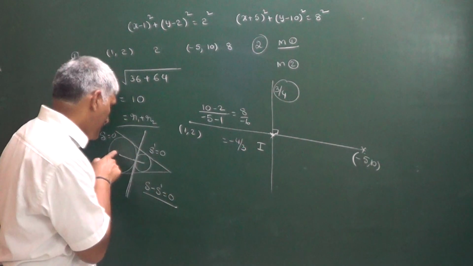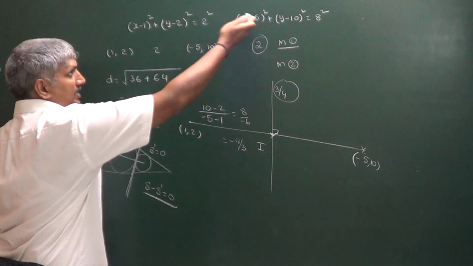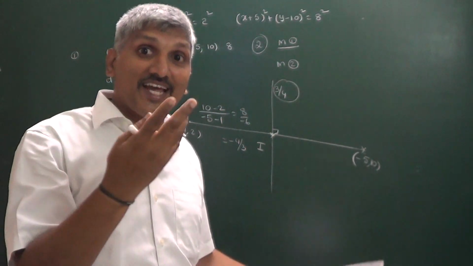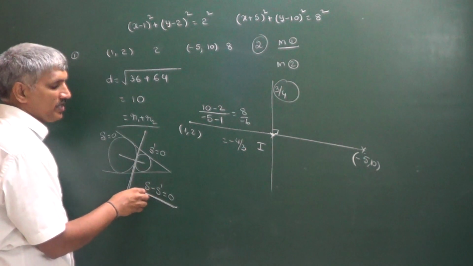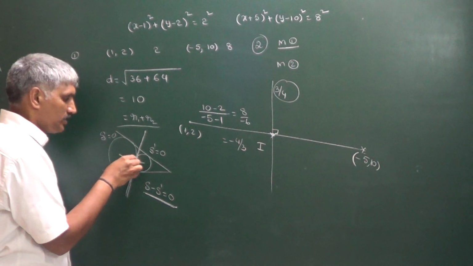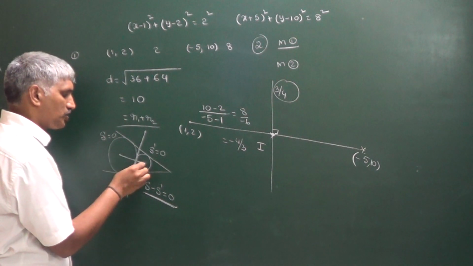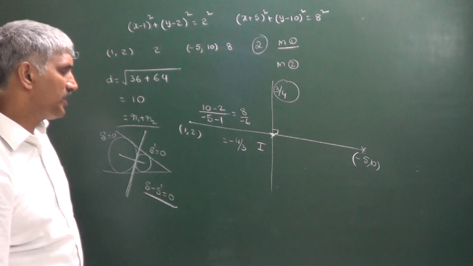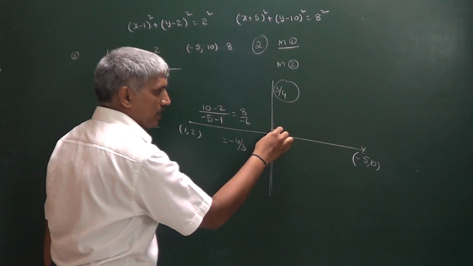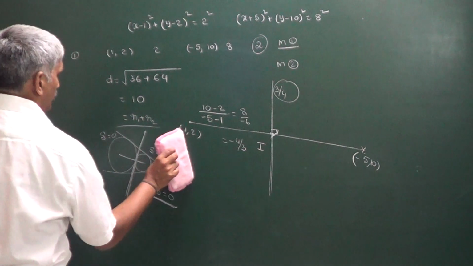One method is S minus S dash is equal to 0. Subtract the two circles. The x square term and y square term cancel. You will get x, y and constant terms, so you get the line equation. That is one method. The second method is we find the internal center of similitude, because this internal center of similitude divides these two centers in the ratio R1 is to R2 internally. We will get that point and this line's slope also, because it is perpendicular to the line joining the centers, right? So we get the equation of the common tangent.